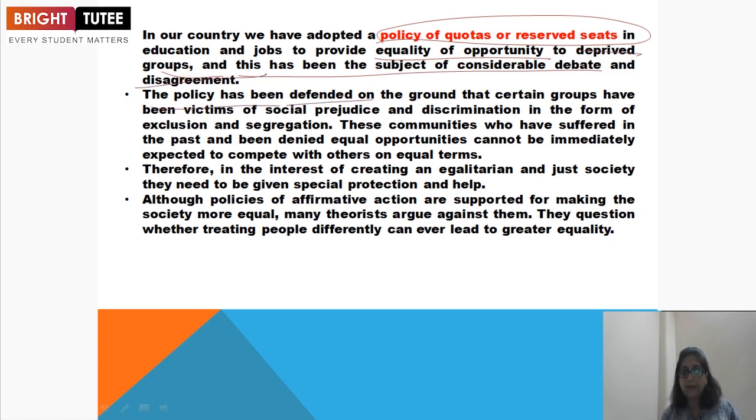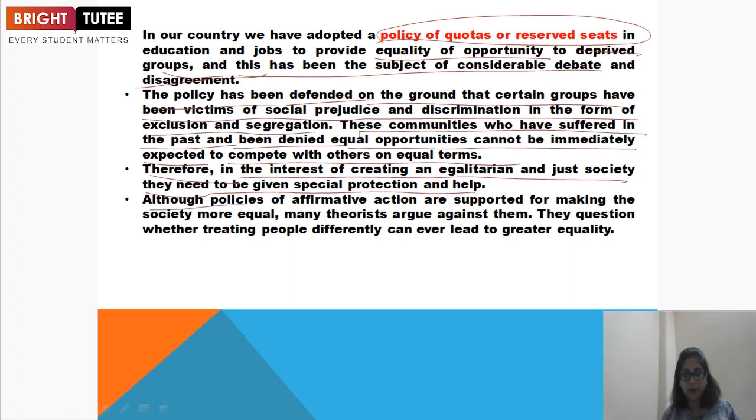The policy has been defended on the ground that certain groups have been victims of social prejudice and discrimination in the form of exclusion and segregation. These communities who have suffered in the past and been denied equal opportunities cannot be immediately expected to compete with others on equal terms. Therefore, in the interest of creating an egalitarian, just society, they need to be given special